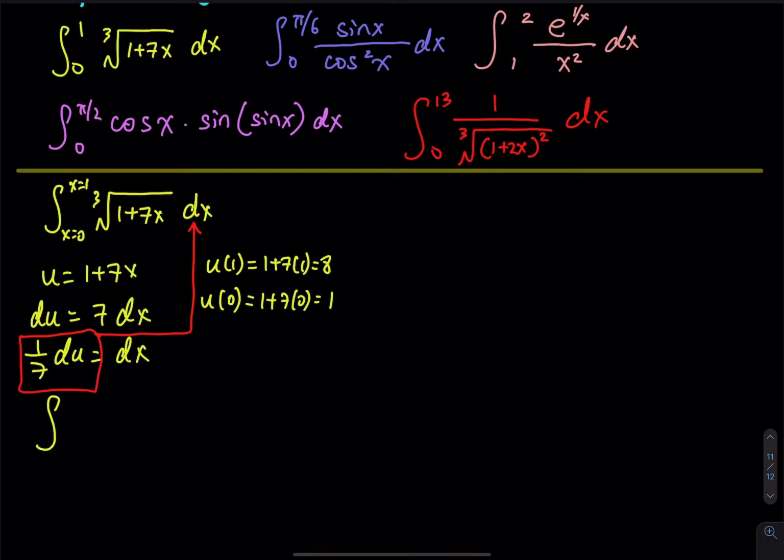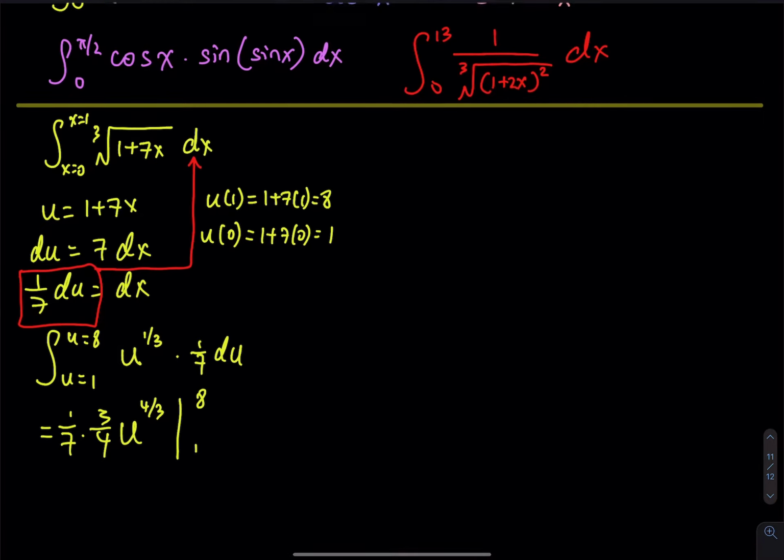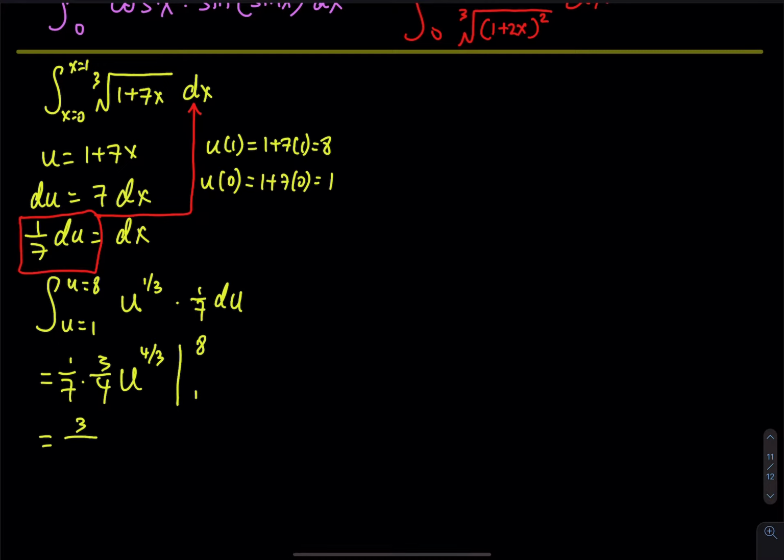And then you have u from 1 to 8, and then you have u to the 1/3 power, and then the 1 over 7 du, and then we just work on the 1/3 power, right? So 1/3 plus 1 is 4 over 3. Reciprocal of that, 3 over 4. Put the 1 over 7 in front of it, such that u goes from 1 to 8, and then we have 3 over 28, and then we plug in the 8, so that will be 8 to the 4 over 3 power minus 3 over 28,